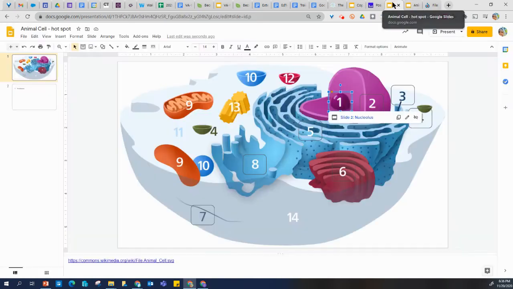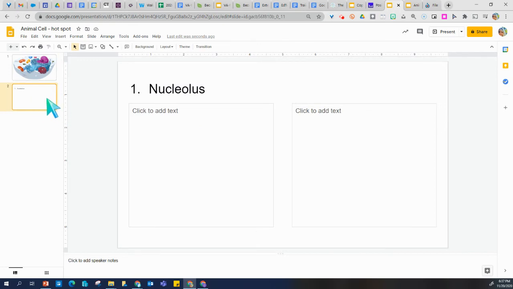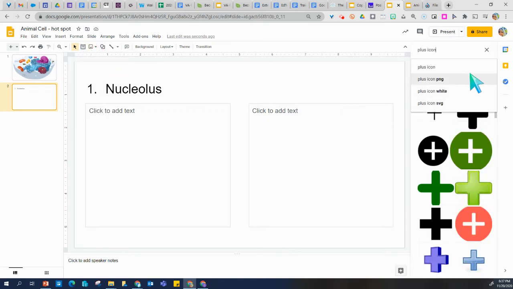So then what you want to do, notice I want to be able to get back. So you would just need a kind of a home button, and you might use something like an image of a cell. So I could go in and do "back to" something along those lines. So I can do my search the web, look for parts of a cell,